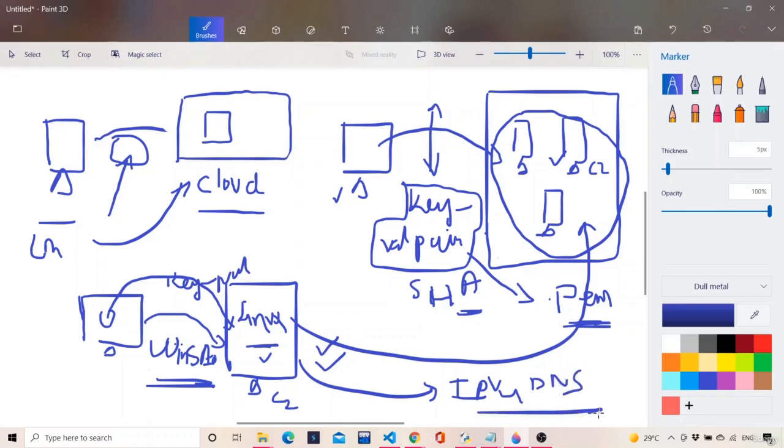So this will make more sense when I show you the live demo of deploying our application on an AWS EC2 instance. Till then, do learn more about cloud infrastructures and how SSH, WinSCP and the PEM files are working behind the scenes. In the next video, I'll show you how to deploy the application on an EC2 instance.